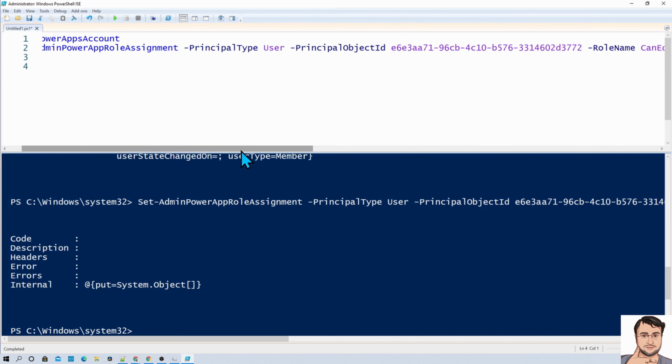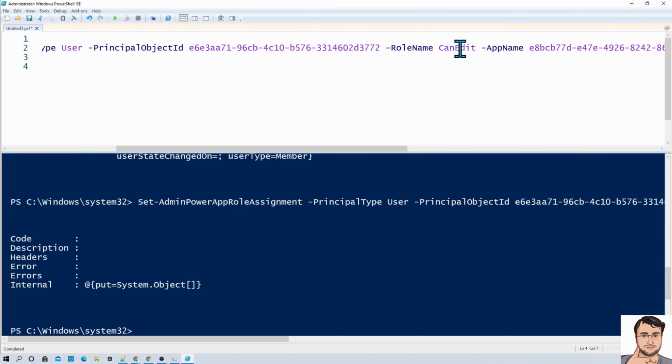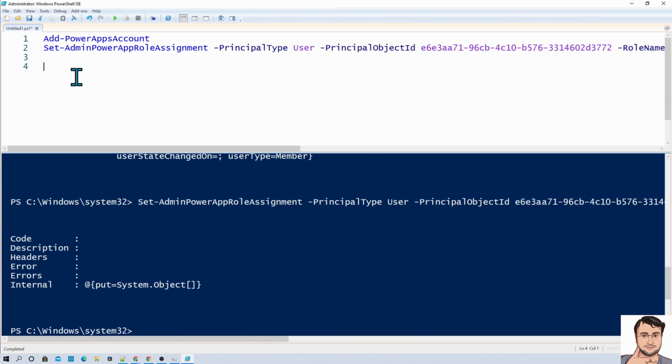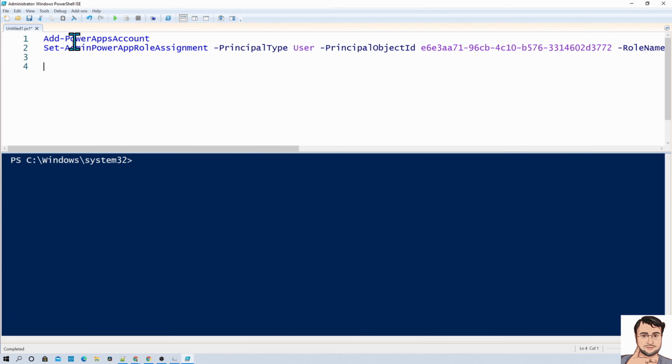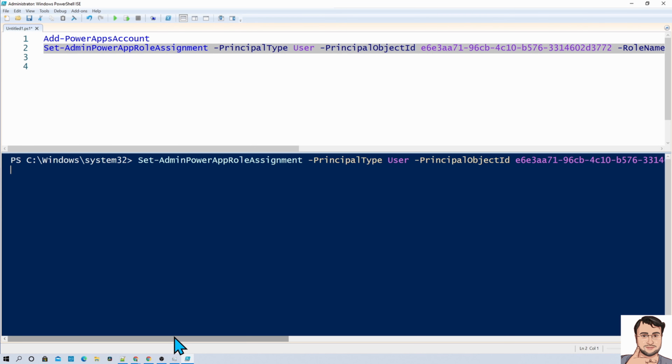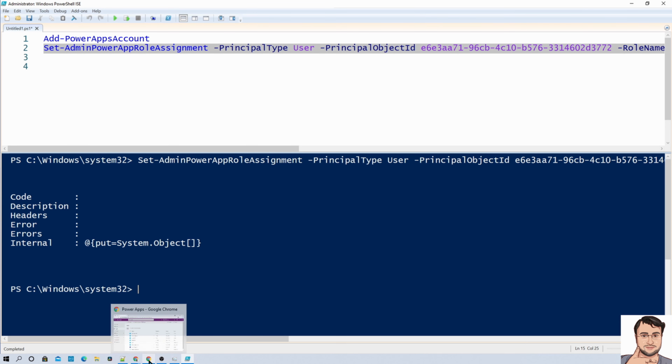So let's say for an example, if you just wanted to provide Sriraj as view permission, then just provide can view. And now let's copy this command and paste again over here. So I just modified my role as can view. Let's paste it. Can view permission, hit enter. And here we are. Let's check again.